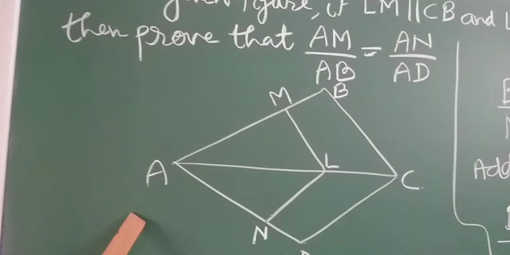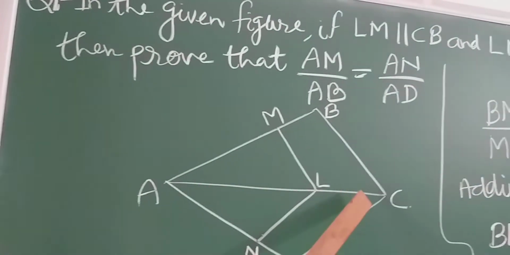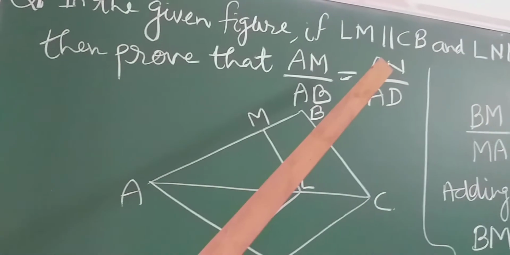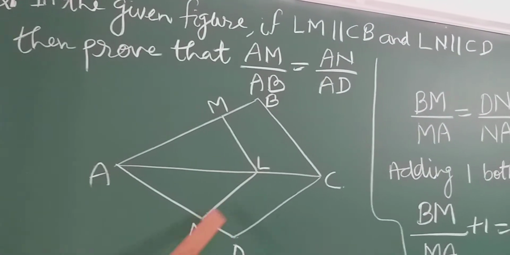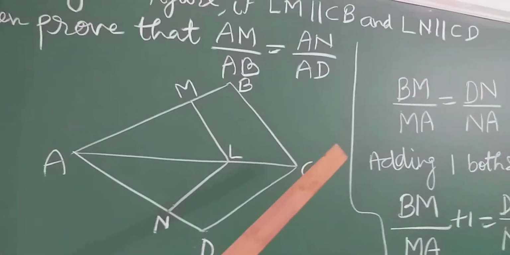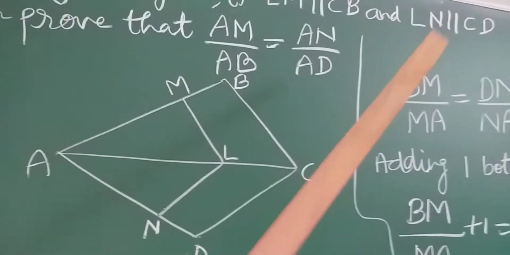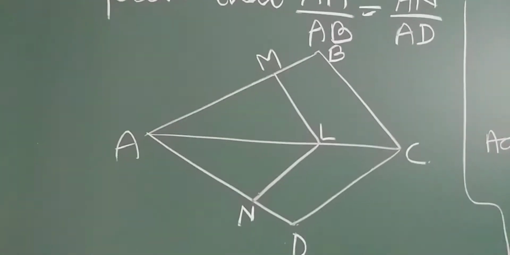This figure is given to us. Students, you can see LM is parallel to CB given to us and LN is parallel to CD. Okay, students. Now, students,